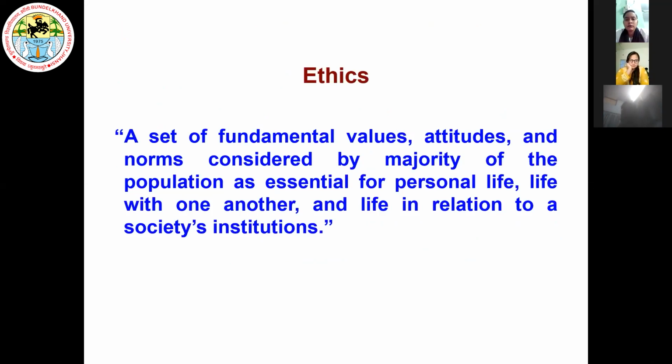So in general, what do you mean by ethics? A set of fundamental values, attitudes, and norms considered by the majority of the population as essential for personal life, life with one another, and life in relation to a society's institutions. So those norms are considered as ethics. In society we decide certain norms and we decide what is right, what is wrong. If you follow those norms, that is ethical practice, and if you don't follow, you come under non-ethical practice, that is a misconduct. So with regards to publication